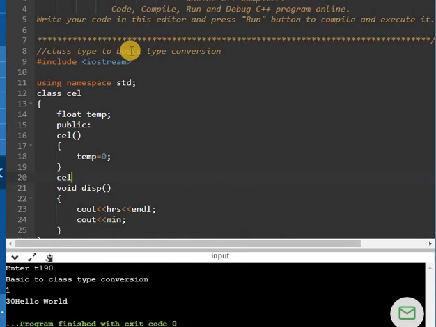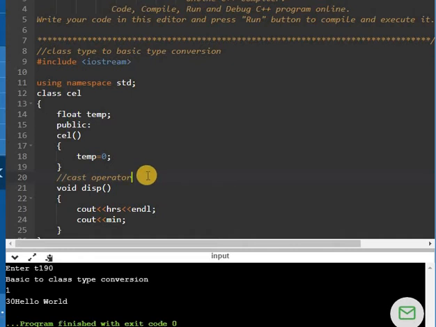In this particular case of conversion from class type to basic type, we use the cast operator. As we have seen in operator overloading, we overloaded plus and minus for object type. For basic data types like integer, float, char, all the operators are overloaded by default, but for objects we have to write the code for operator overloading to perform object addition, subtraction, increment, decrement. So the cast operators are overloaded here to convert your class type or object into your basic data type.